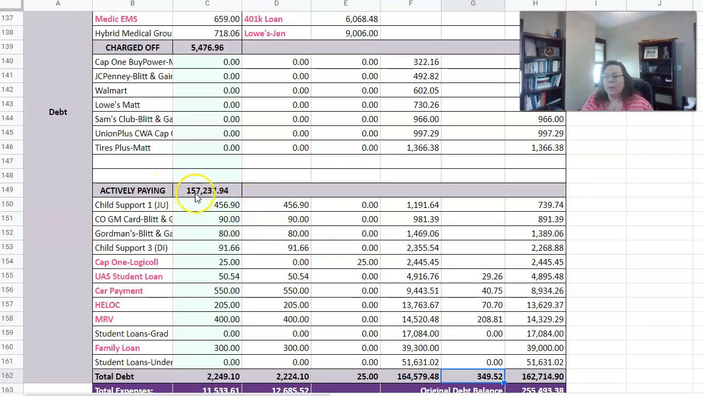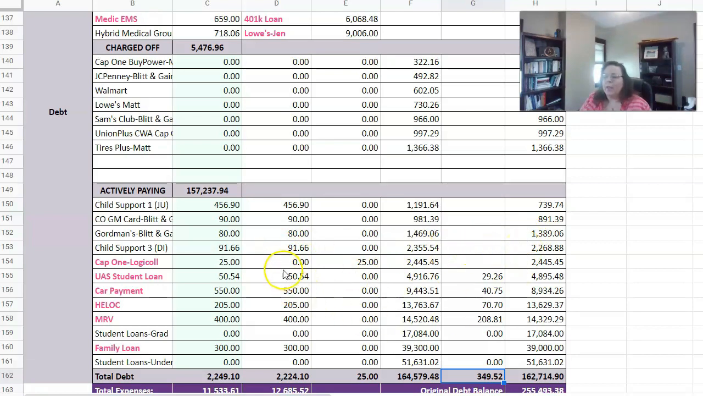So our total actively paying, the balances are $157,237 at the end of May. So what does that look like? So child support, we paid $456 and we have a $739 balance. This credit card, we paid $90, there's $891 balance. This credit card, we paid $80, there's a $1,389 balance. $91 to this child support with